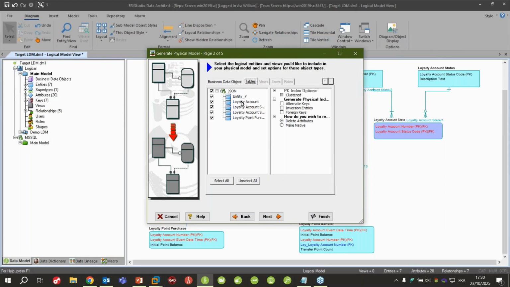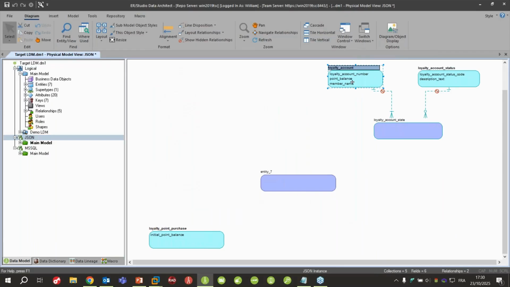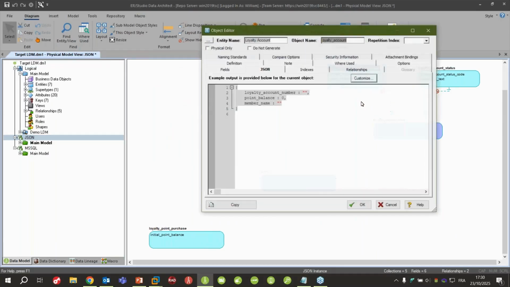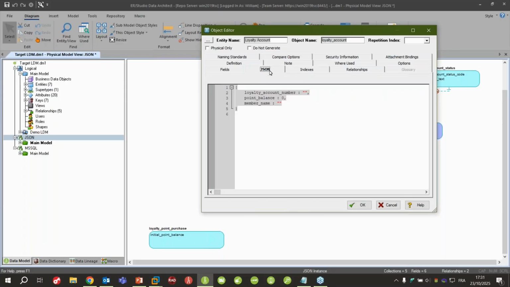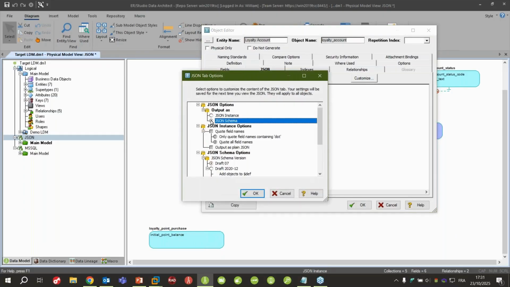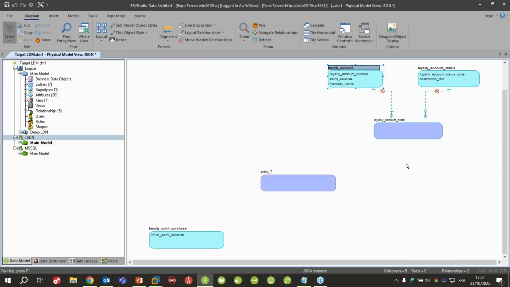And so I can select which object I want to use to generate my JSON object. When I click finish, automatically it has generated, for example, this specific JSON file, and I can see the different fields. So the tool has automatically adapted to show, instead of having columns, some fields. I can view the JSON schema, the JSON instance directly from here. If I prefer, I can generate a JSON schema directly from the solution.